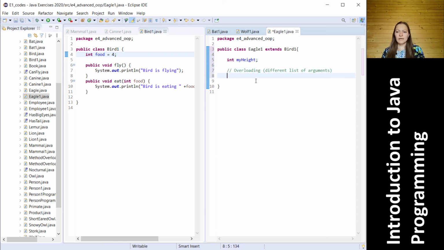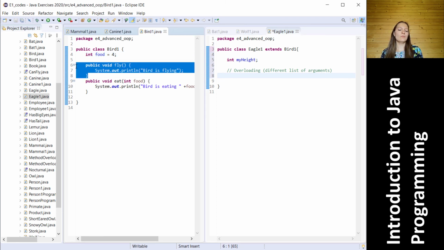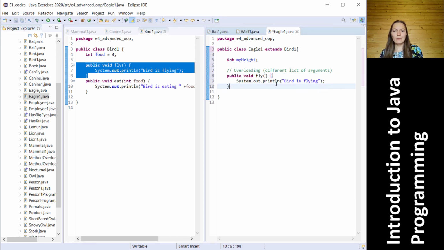It means that we now take the method that is already there, public void fly, and we are rewriting the same method but with a different list of arguments. That is that we are putting inside, for example, one argument that is my height,